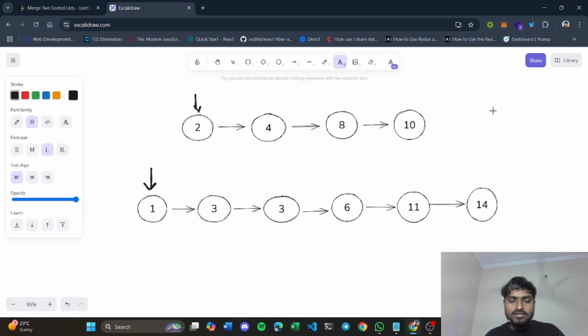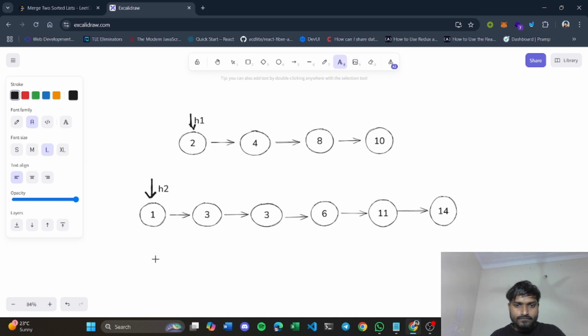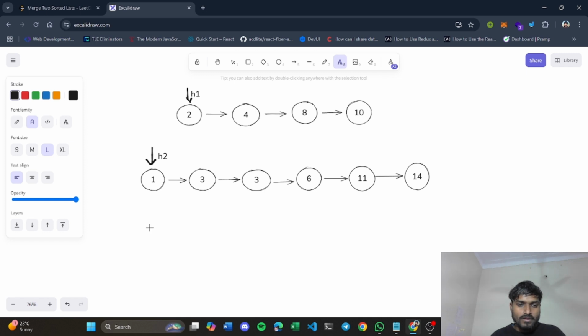So now let's discuss the best optimized approach for solving this problem, right? You will be given the heads of both the linked lists. Let's call them head one and head two, right? Now what you will do? You will create a dummy node here first of all.